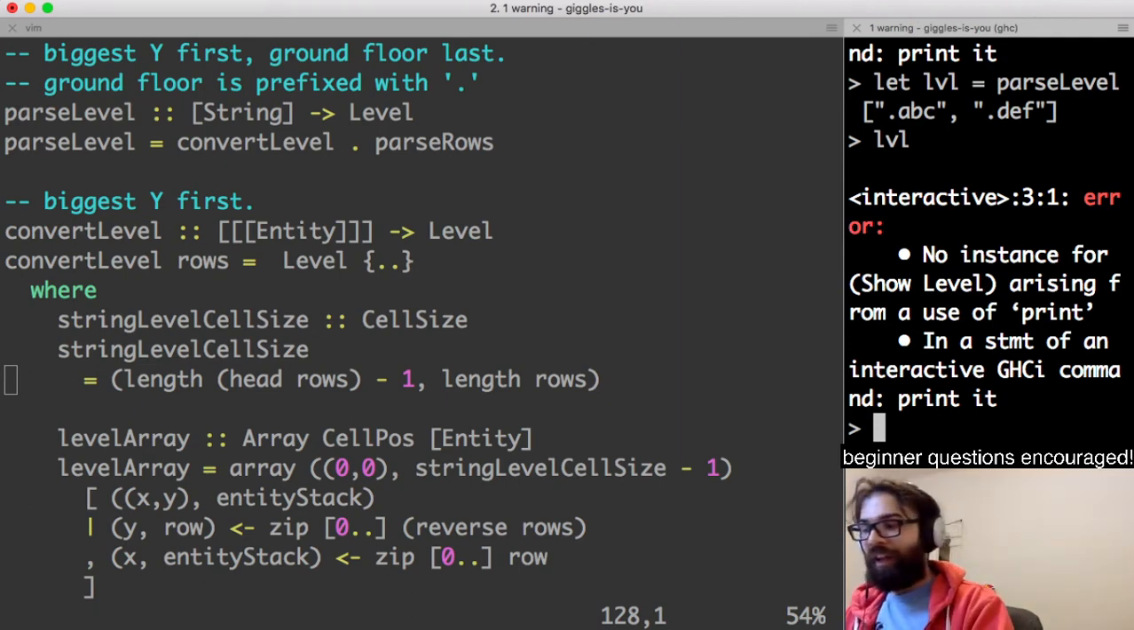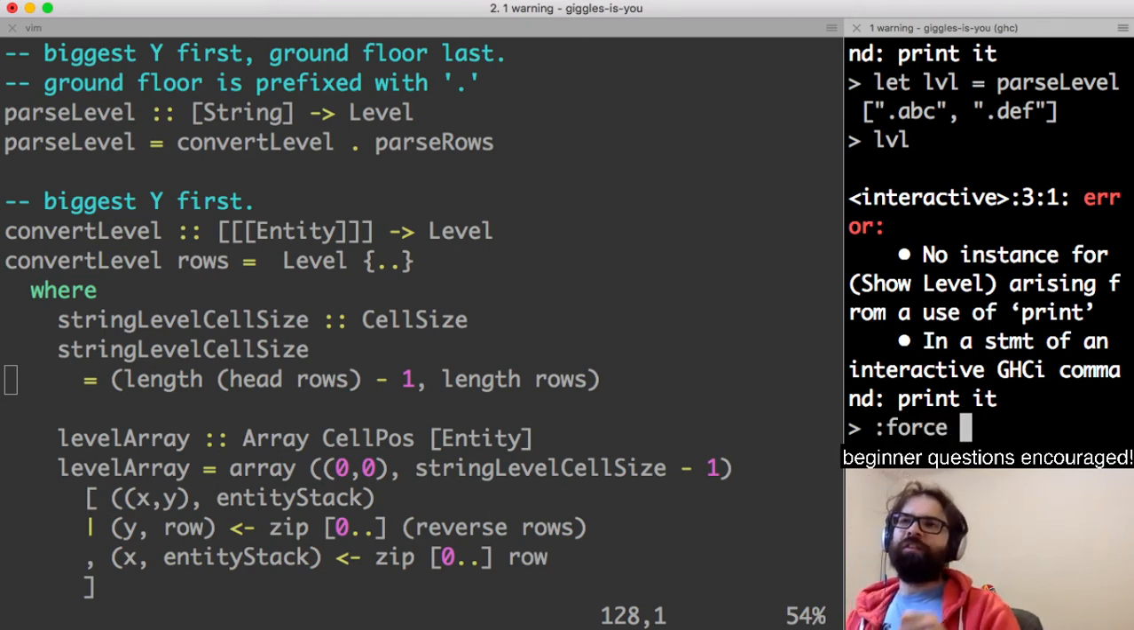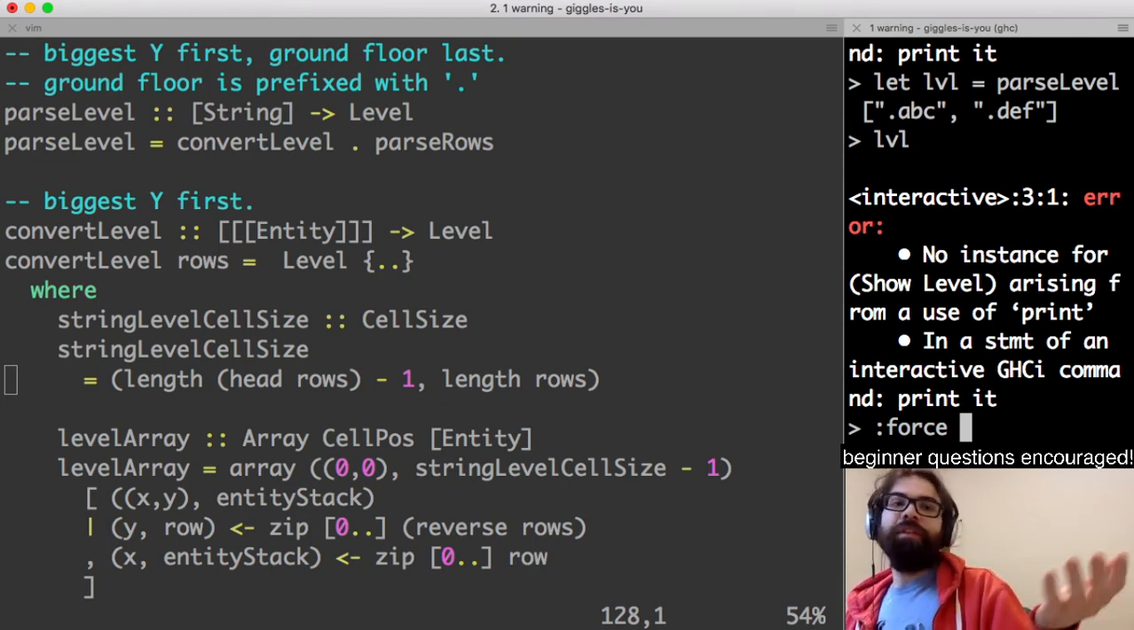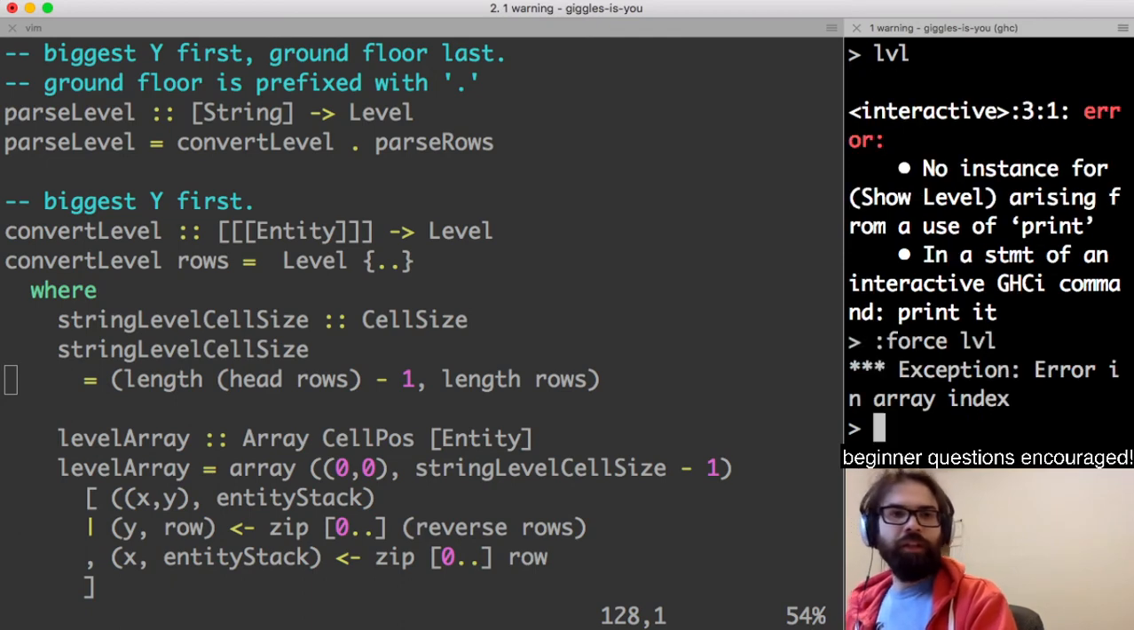However, I can use force, not in the sense that I force it to display it anyway, but in the sense that I am forcing all of the chunks that might be inside of that variable. Okay, this didn't demonstrate what I wanted to show. But like, if I